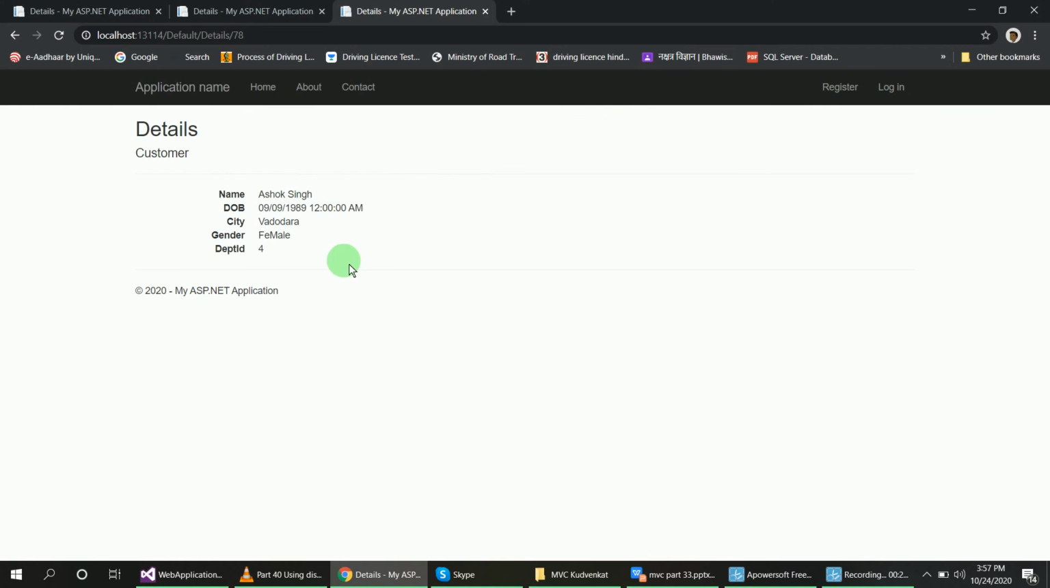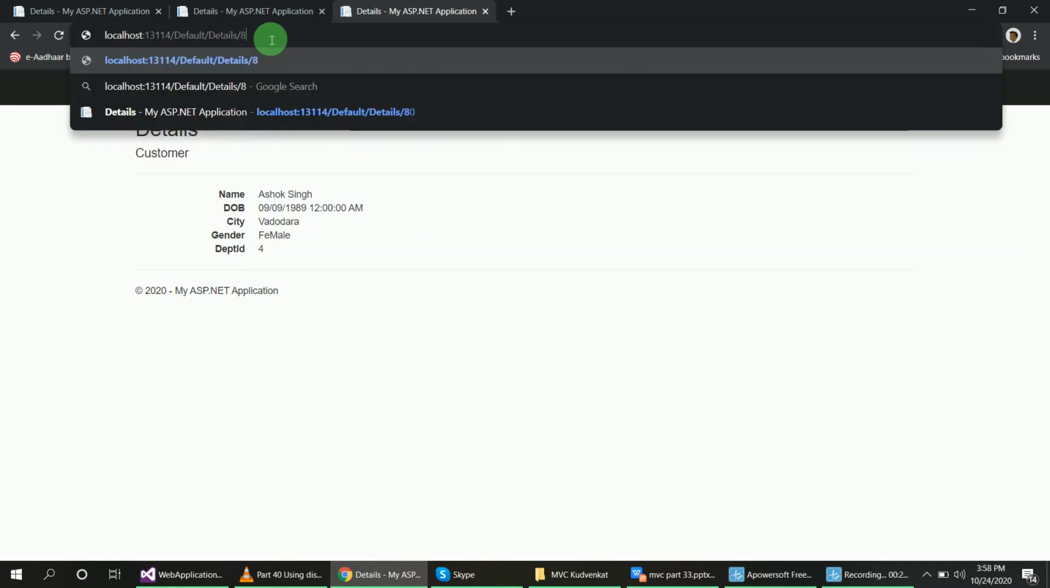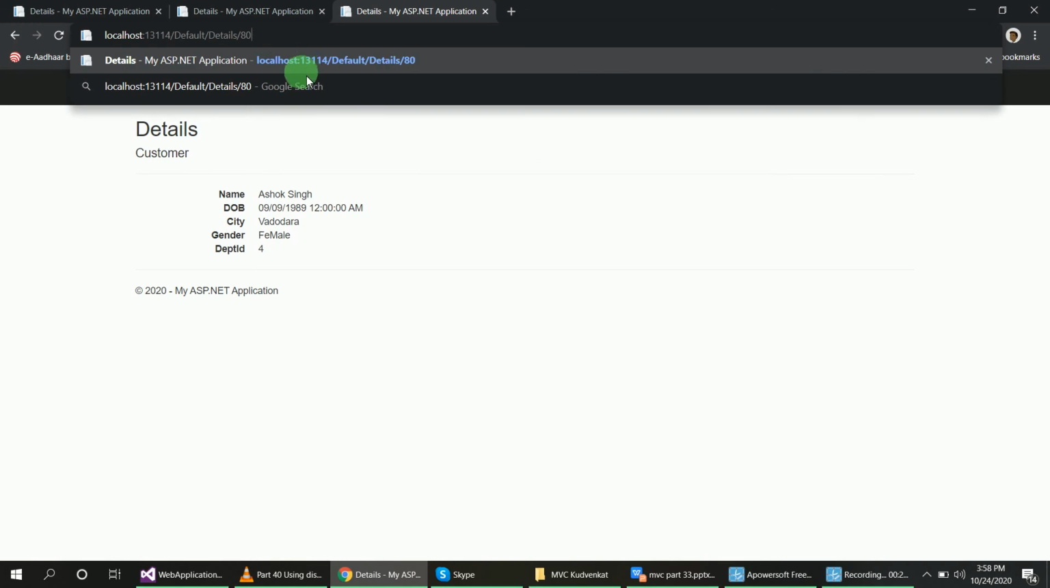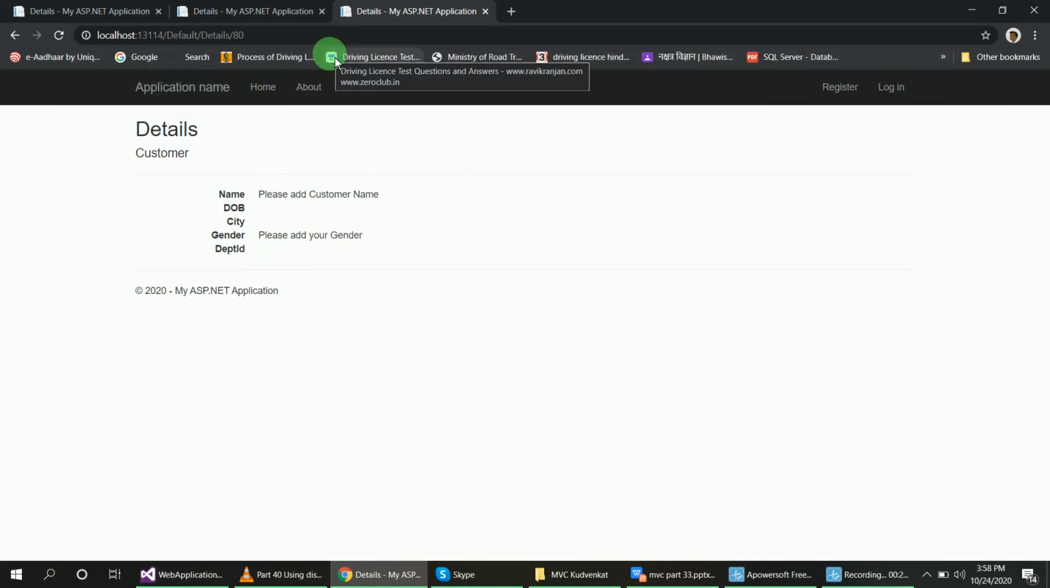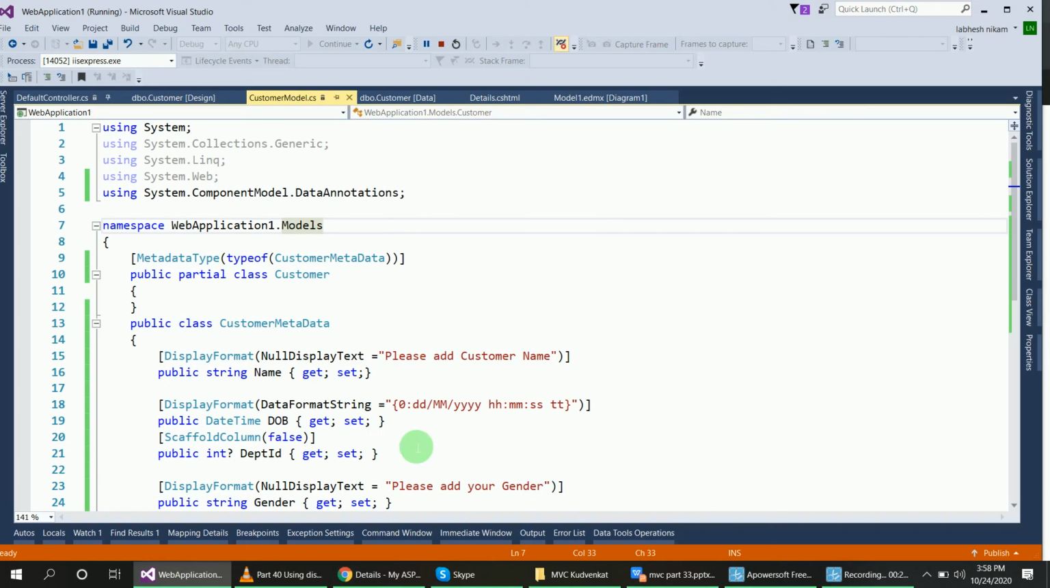Okay guys, you can see here presently I have this name property and gender property data available, but when I refresh with this another ID, it will show you the validation error that you want to add name and you want to add the gender. Okay, so you can see for name, please add customer name, and for gender, please add your gender. Why? Because of this null display text property, null display text attribute using display format. Okay, so now